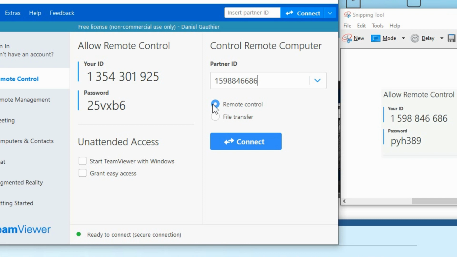We're going to remote control into it. And I should note, for the purpose of this connection, you don't need to worry about what your ID and password are. That's if somebody was connecting to you, you would give them this ID and password. But we're connecting into this other computer that we set up initially. So we're going to hit connect.